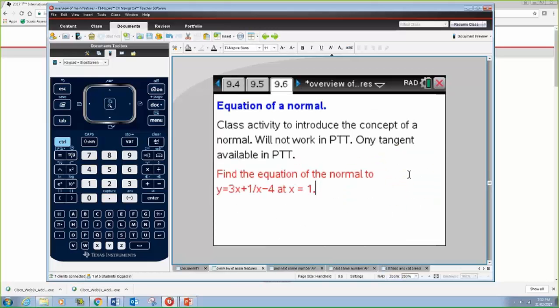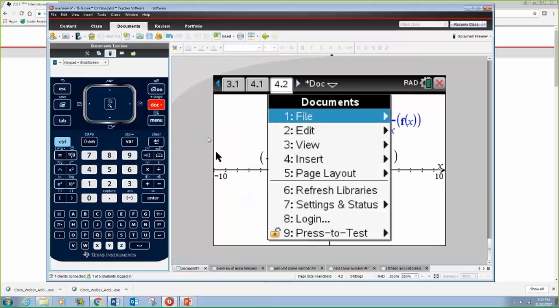So another feature which is very nice to use is the construction of the equation of a normal. We can do it in class time, but the construction will not be available in press to test mode. However, we can find the equation of the tangent. So our function here is (3x + 1)/(x - 4), and we want the normal at x equal 1. Just for understanding how things work with the tangent and the normal, I will go again and do it live,